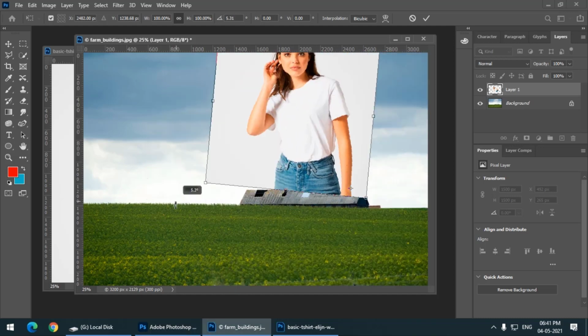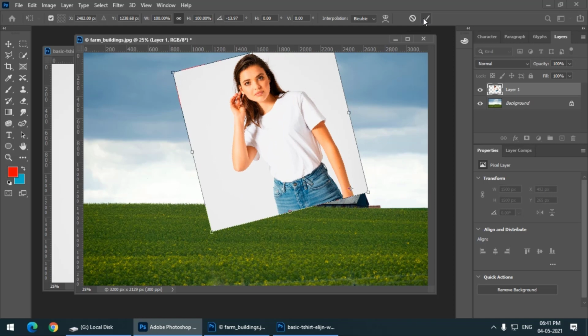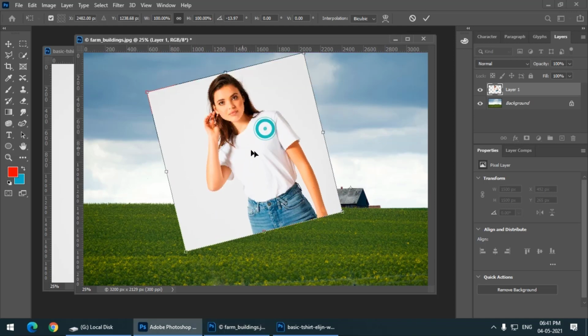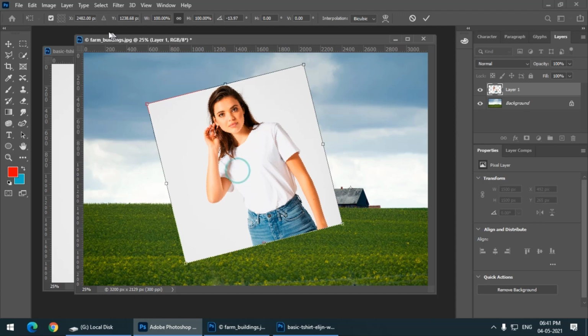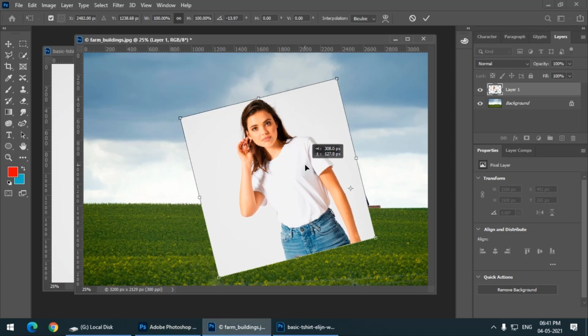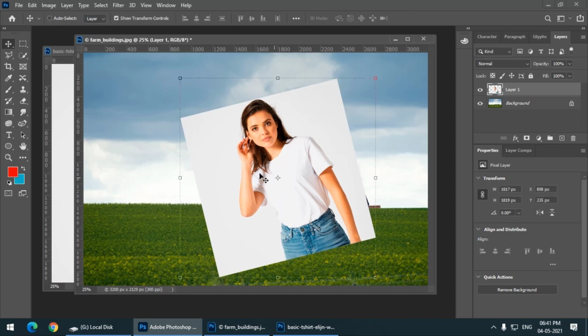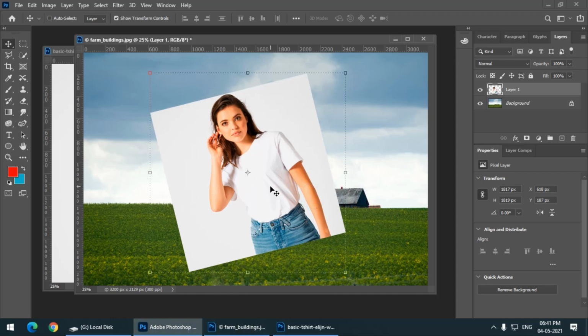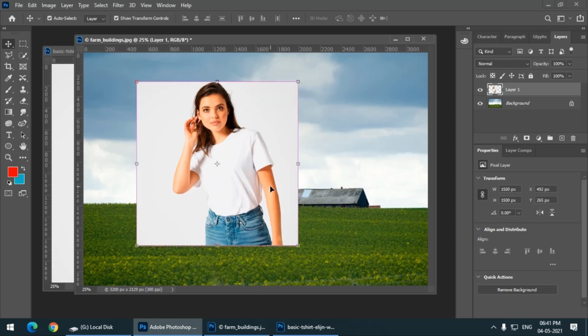My task is not yet completed because I haven't pressed Enter or clicked over here. So again, if I press the Enter key and apply my changes, then this axis of rotation will come back to the center. And let's say if I want to undo what I have just done, I can simply press Ctrl Z, or Command Z if you are using Mac. So I am pressing Ctrl Z, and it will undo the command.